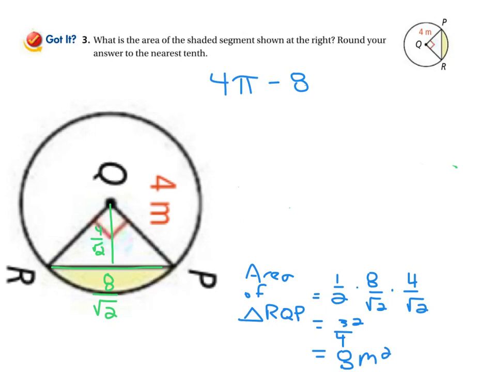Okay, and if we type into our calculator 4 times pi minus 8, we get approximately 4.566. It says round to the nearest tenth, so that's approximately 4.6. And what's the units? The units are meters, so meters squared because we're talking about the area. That is the answer, 4.6